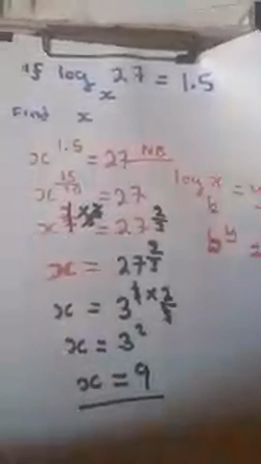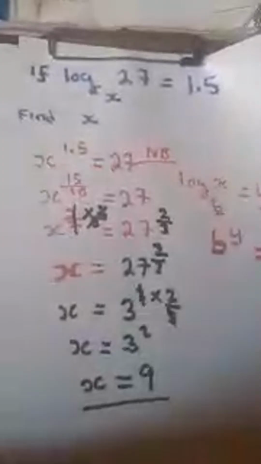Given log 27 base x is equal to 1.5, we are asked to find x, and x is our base. We are going to take 1.5 to be the power of what? x is equal to this 27 right here. So 1.5, it is,